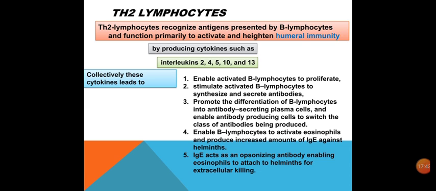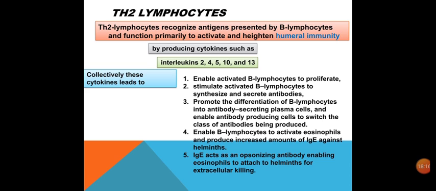T helper 2 lymphocytes. T helper 2 lymphocytes recognize antigens presented by B lymphocytes and function primarily to activate and heighten humoral immunity by producing cytokines such as interleukin 2, 4, 5, 10, and 13. Collectively, these cytokines enable activated B lymphocytes to proliferate, stimulate activated B lymphocytes to synthesize and secrete antibodies,